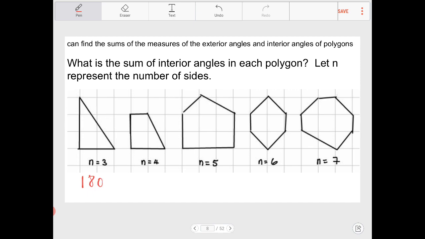Here, the next figure, we have an irregular quadrilateral. The four sides are not congruent. But the thing is, what will be the measure of all the angles added? If you recall